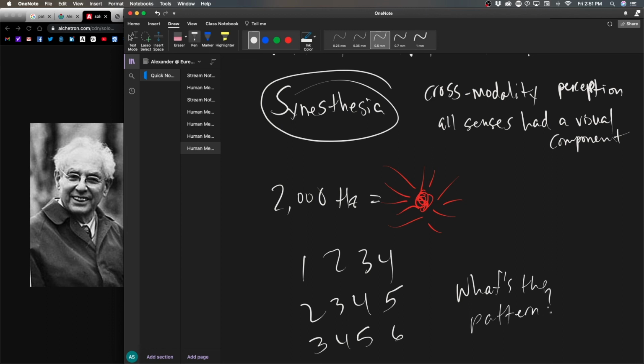What's the pattern? You all could recognize what that pattern is. He would be like,